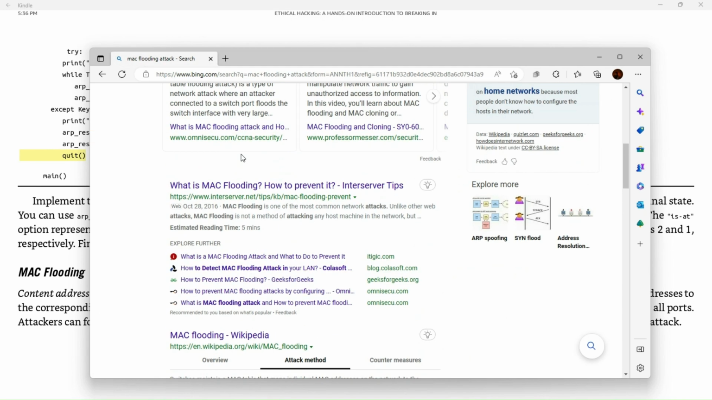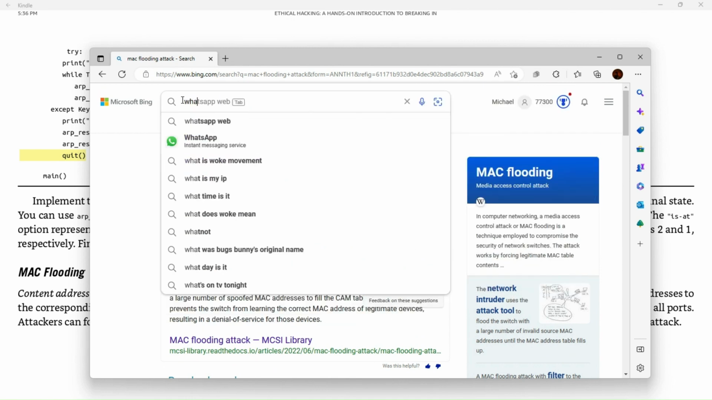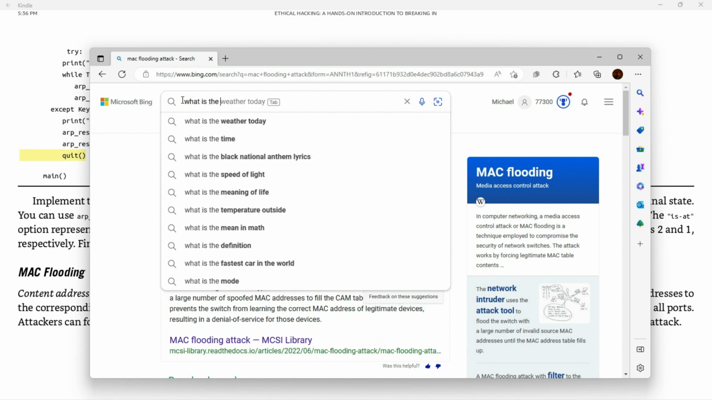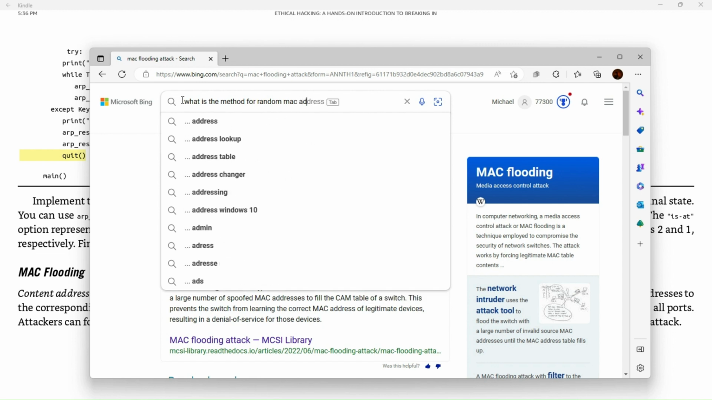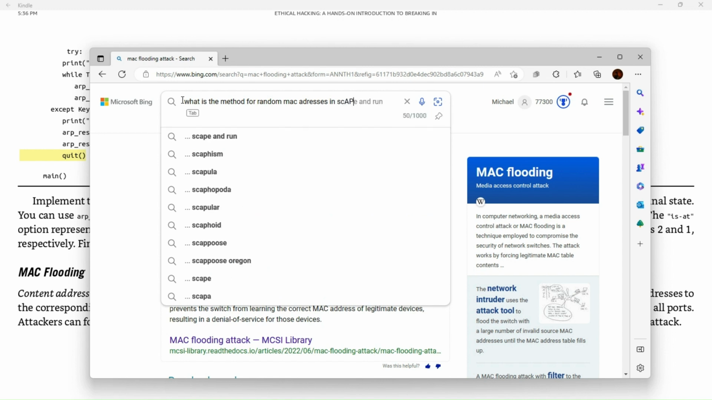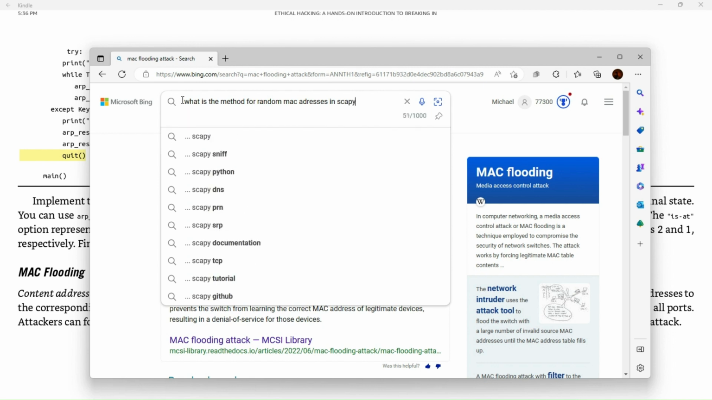What you can do is you can type in, I would say, what is the method for random MAC, because what you're doing is, what the heck? So what you're doing is